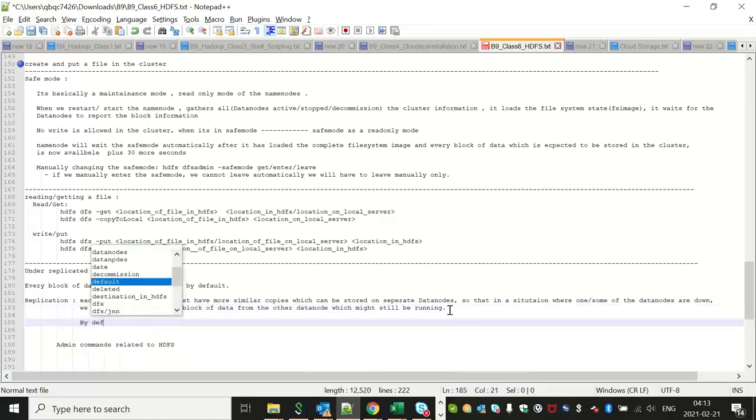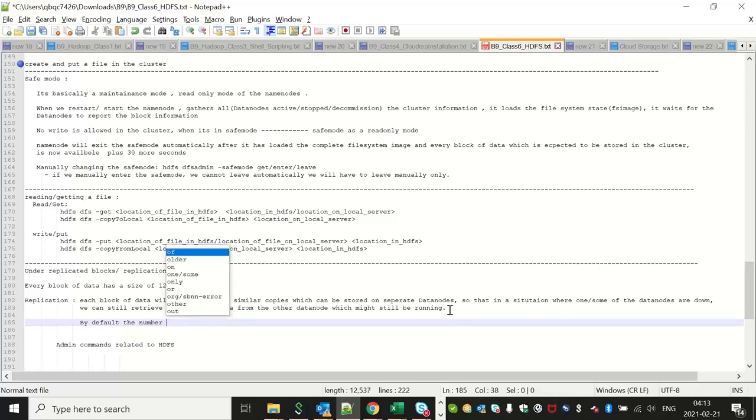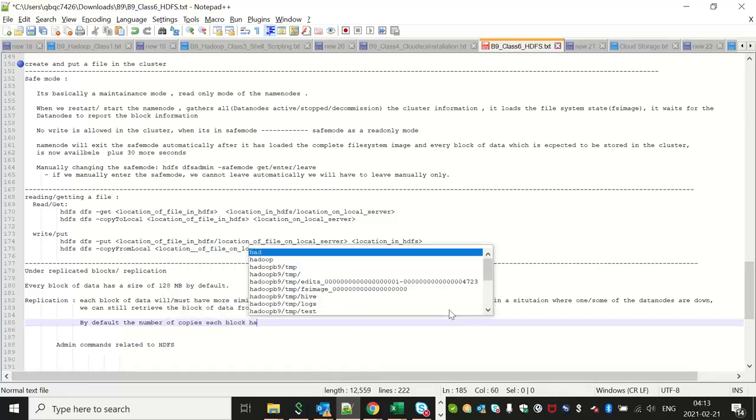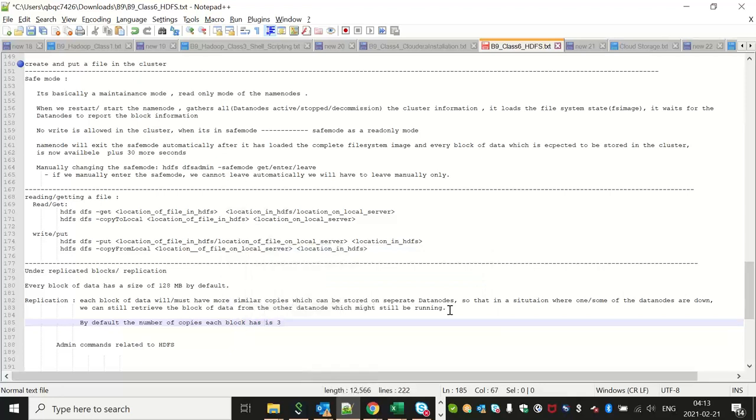Now by default, the number of copies each block has is 3. It's also called the replication factor. So by default, each block will have 3 replicas,